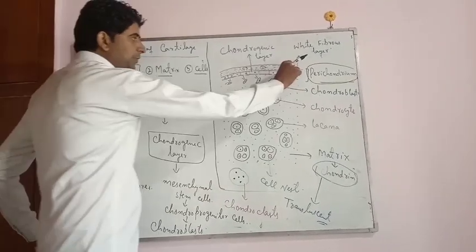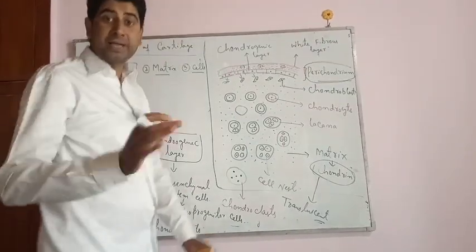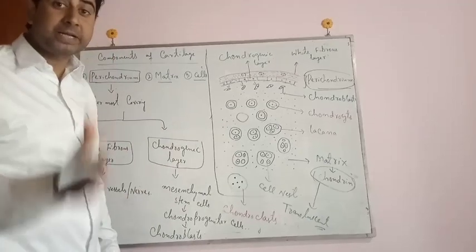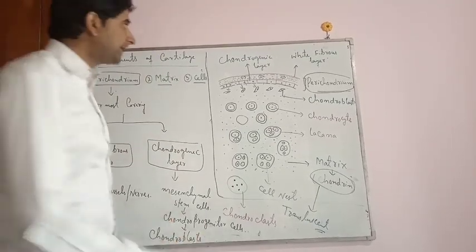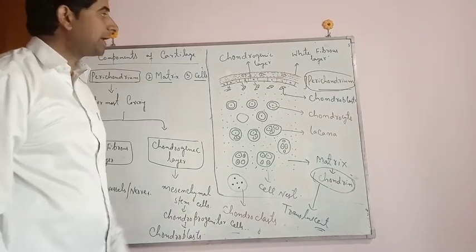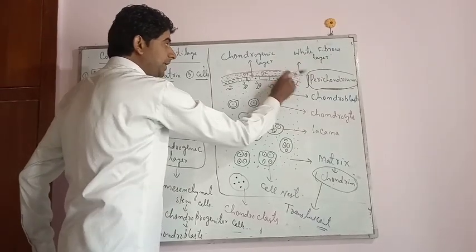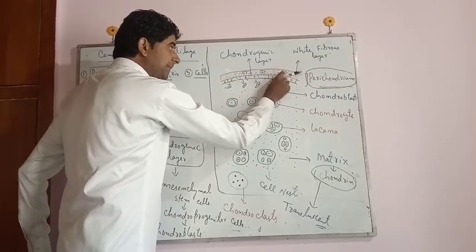Now, this outermost fibrous layer is called the white fibrous layer because it is made up of white fibers. It is made up of collagen fibers. That is why we call this outermost layer the white fibrous layer. And this white fibrous layer of the perichondrium is provided with the nerve supply as well as the blood